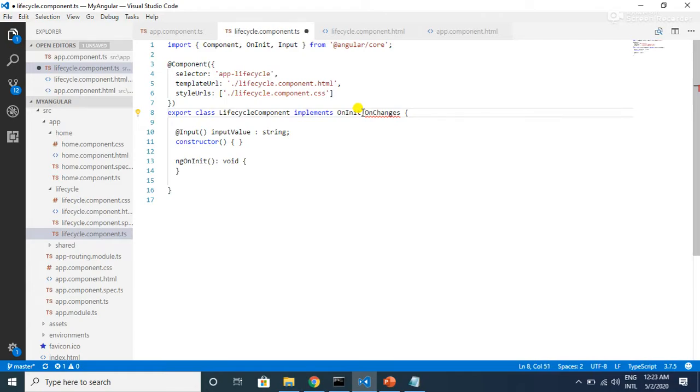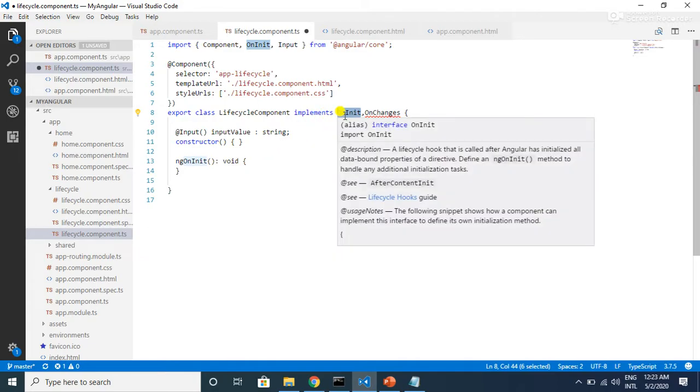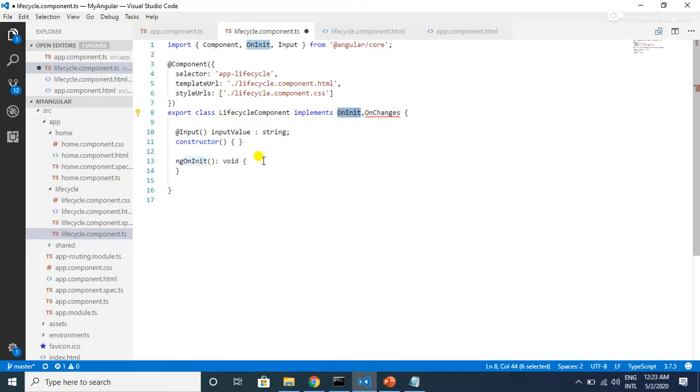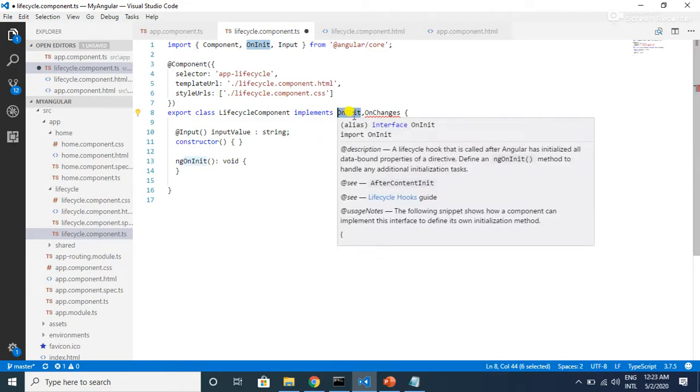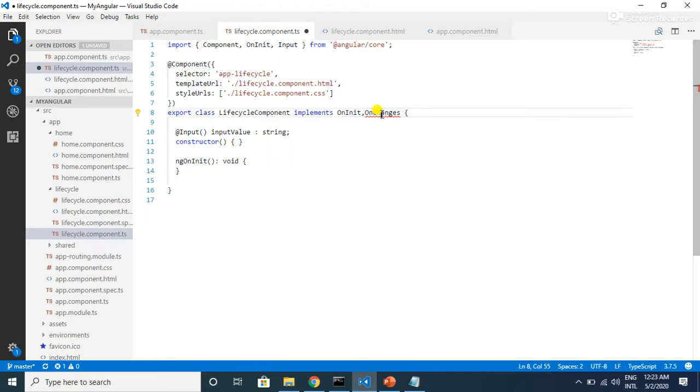So if you see here, OnInit is given by default whenever we are creating the lifecycle component using Angular CLI, because this is the most used lifecycle hook. That is the reason why by default Angular CLI is giving us this lifecycle hook. So now to implement OnChanges, we have to import this OnChanges interface from the Angular core package,